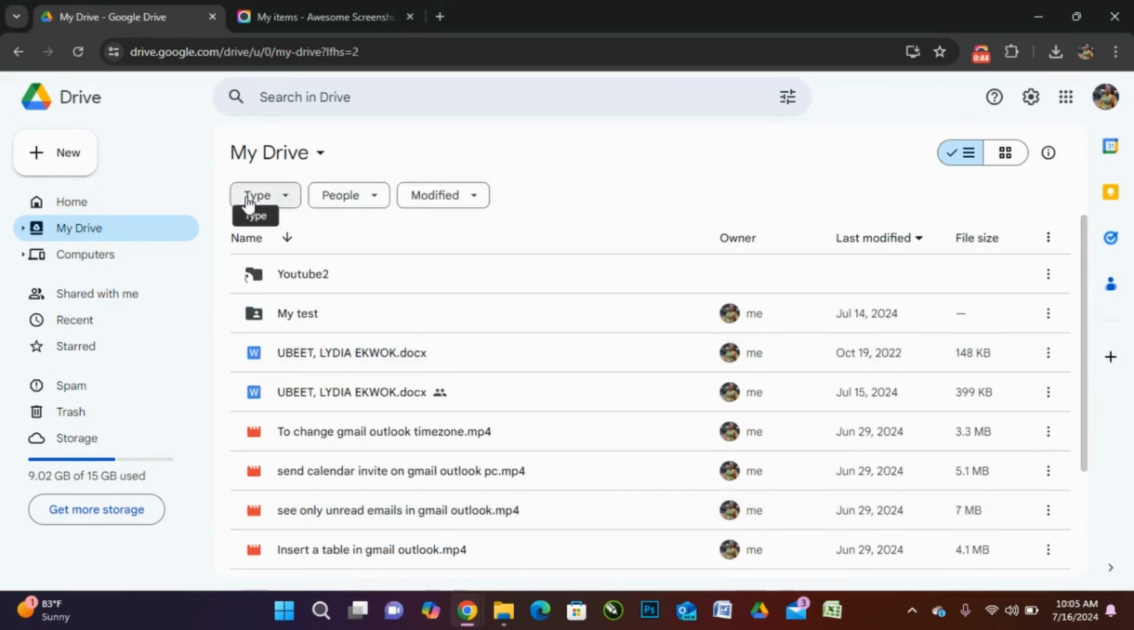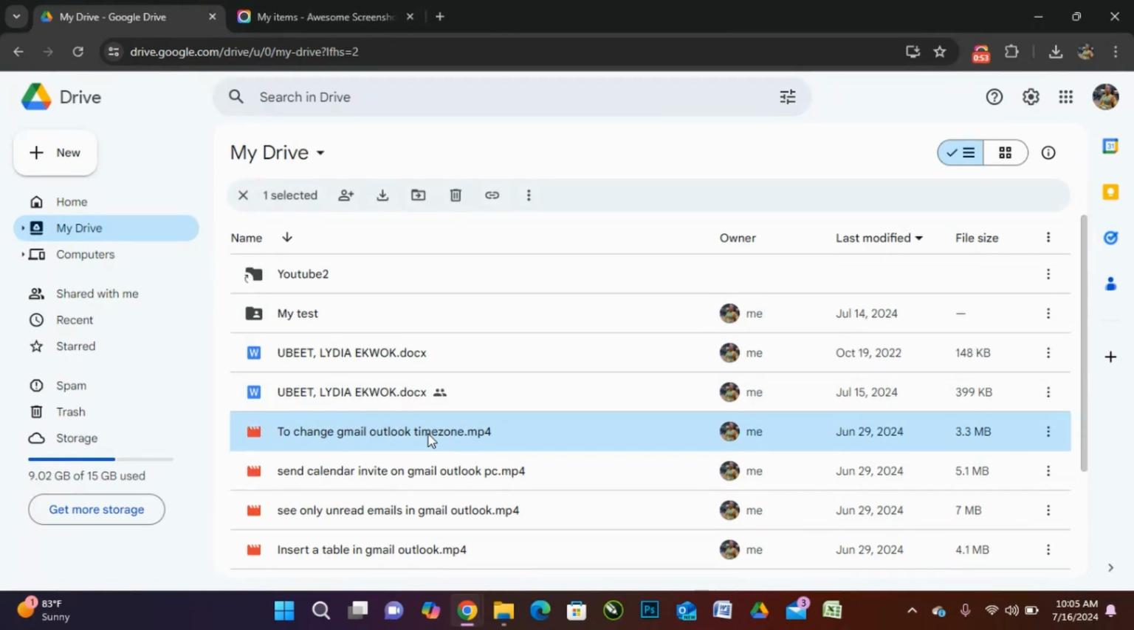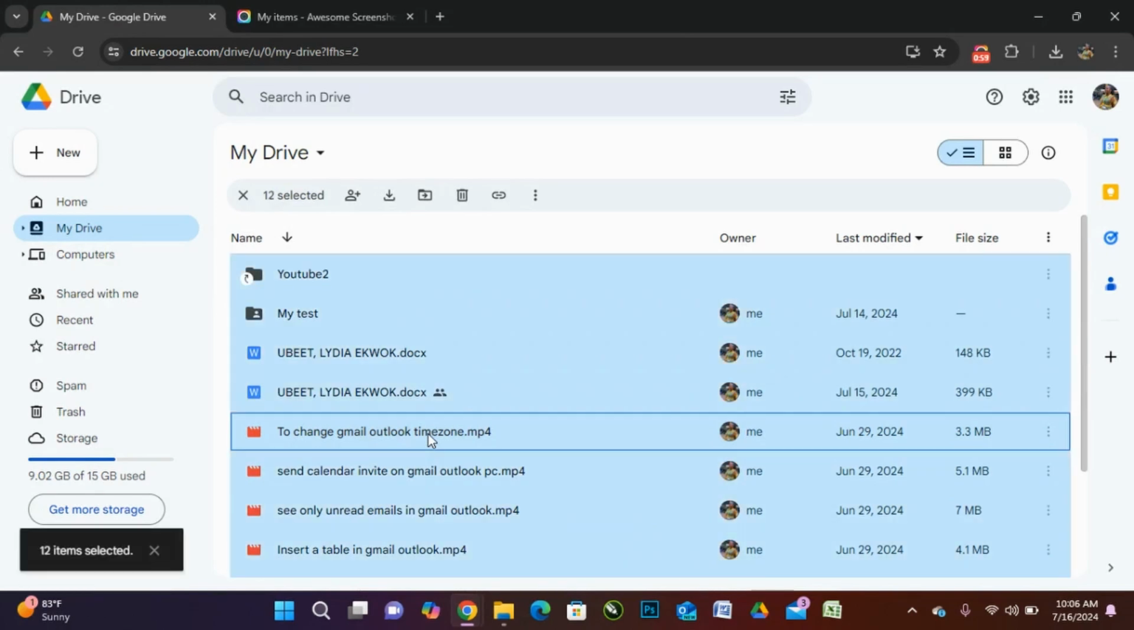To select all the files, you click on one of the files with the left mouse button. Now, press the Ctrl A button on your keyboard. So, after all have been selected,